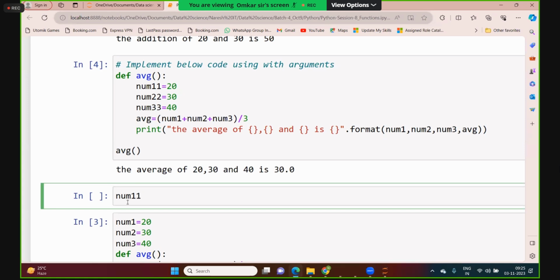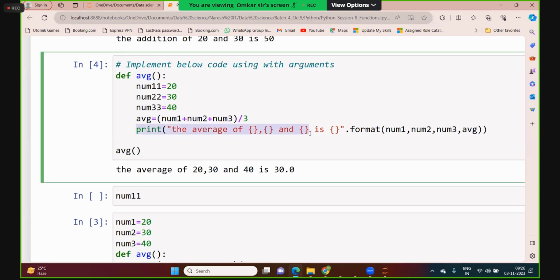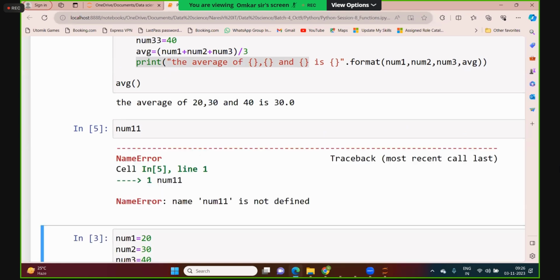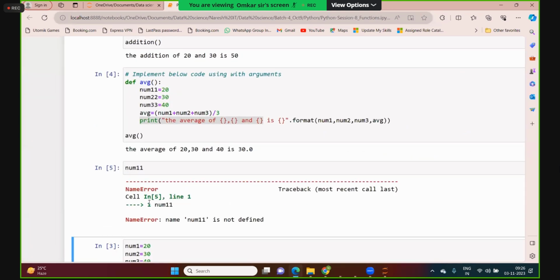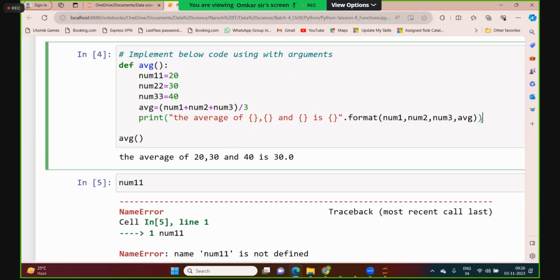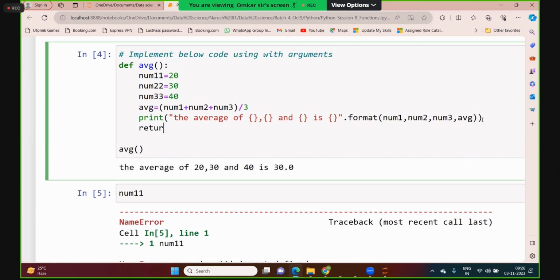It is an error. It is an error because it is not returning any value. You are just printing. It is not returning any value. You will get an error. So how can you return the value now? If you want to return that, what do you need to do? You need to apply return of